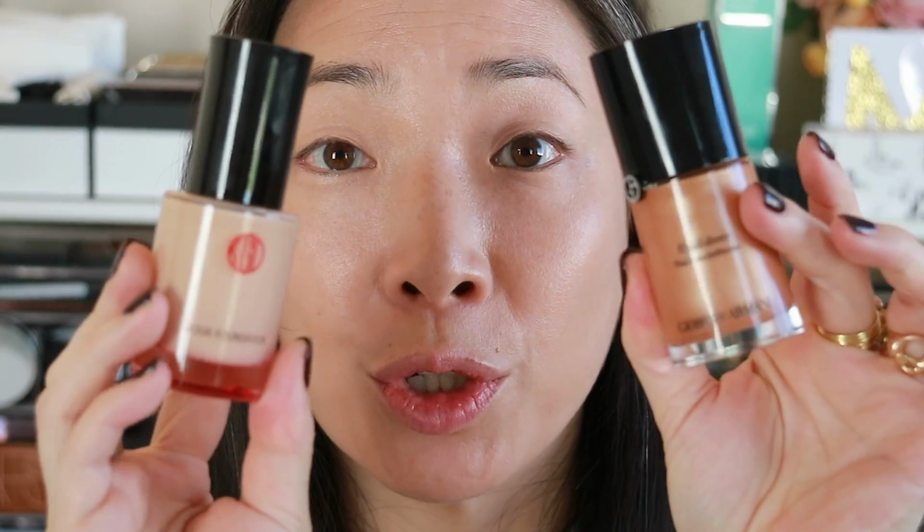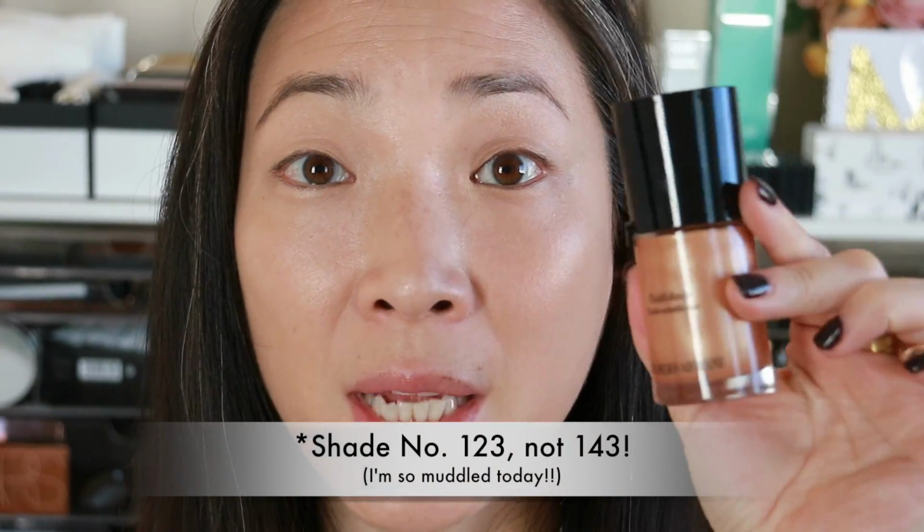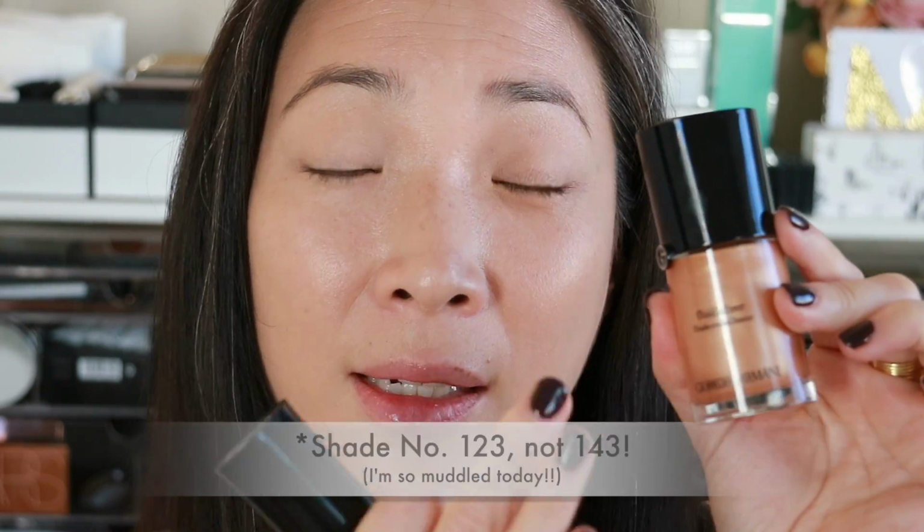So I've already put foundation and concealer and everything on. I have a mixture of the Koh Gen Do and Giorgio Armani Fluid Sheer on my face. I mixed the two together. This is in shade 143, and this is number 10 in the Armani. It has a nice kind of bronzy glow to it, and I thought with this palette it would work really well. And then I am using the Charlotte Tilbury Retoucher Concealer around my eyes, and I've set my